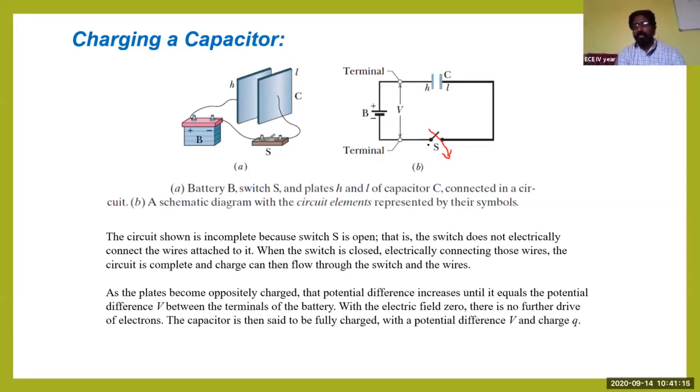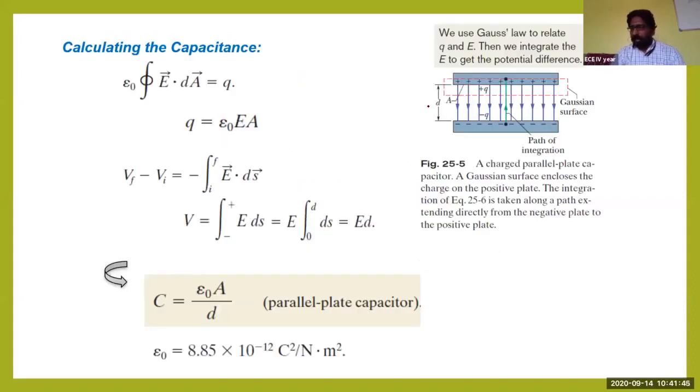When you switch off, there will be no supply from the socket, the battery or the power supply. That region will become a low potential area, and the capacitor, your mobile phone battery or your laptop battery will become a high potential area. Due to that difference, the charge will flow from the capacitor. So we should be very careful. Once a capacitor is fully charged, you should remove that plug. So this is the formula to calculate the capacitor.